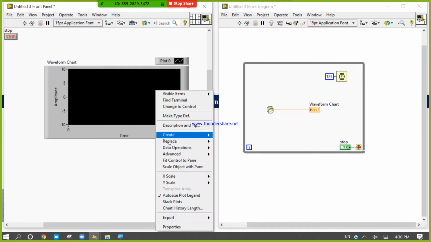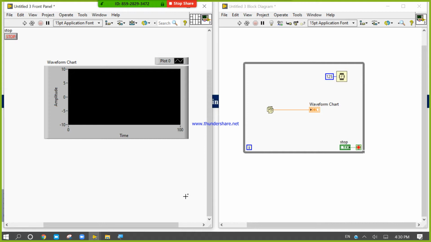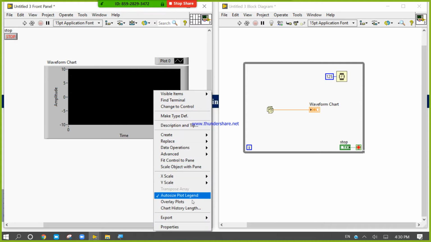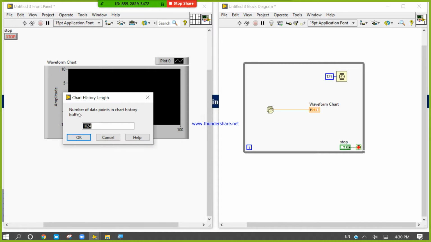Let's check what the memory size is. To check, open the plot properties, chart length. So the memory size is 1024.